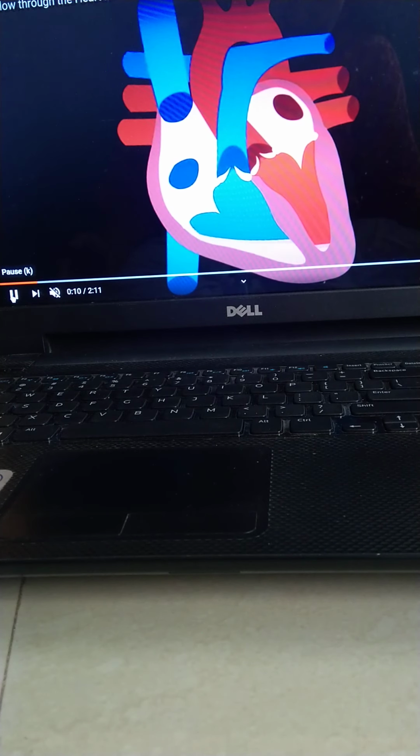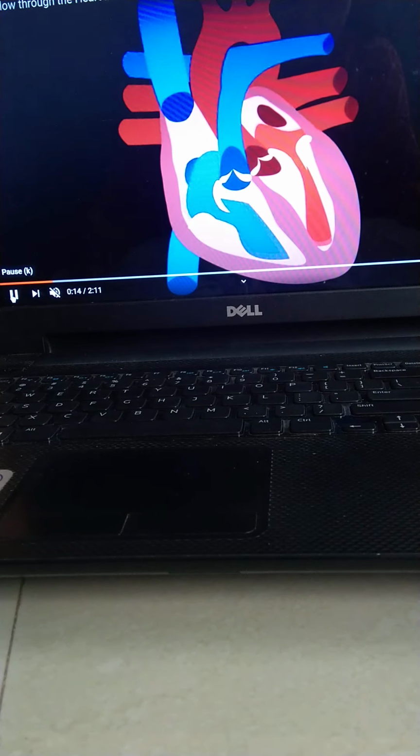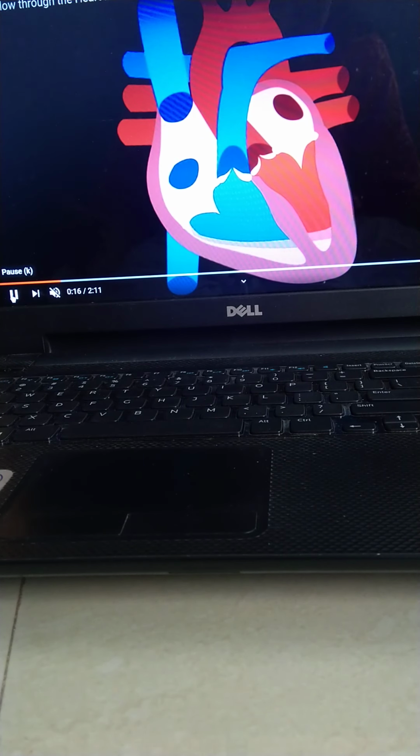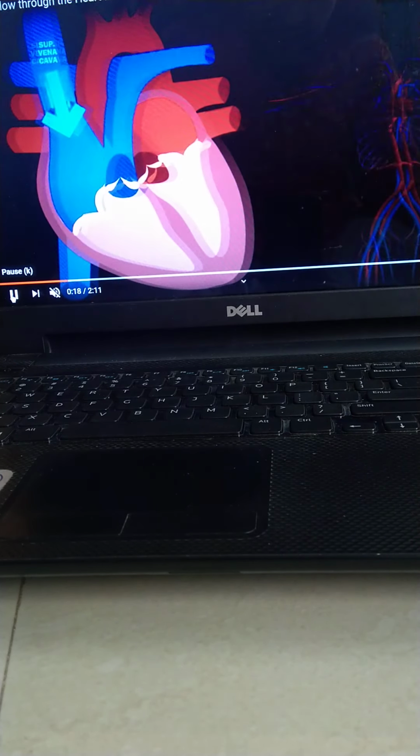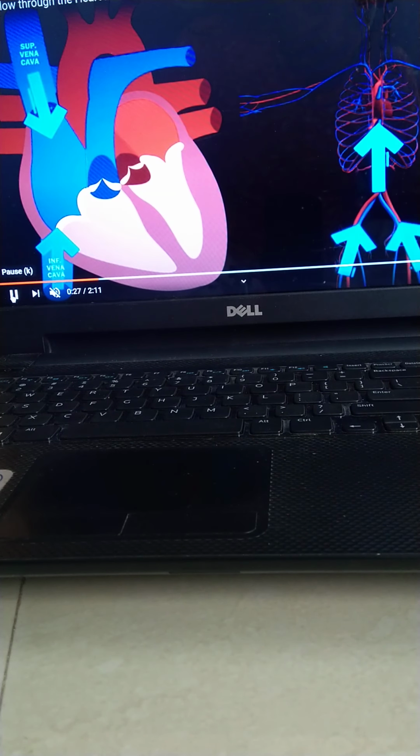The human heart is located between the lungs in the thoracic cavity. It is about the size of our fist. Its weight is about 300 grams in an adult. It has 4 different chambers which are meant to prevent the mixing of deoxygenated and oxygenated blood.